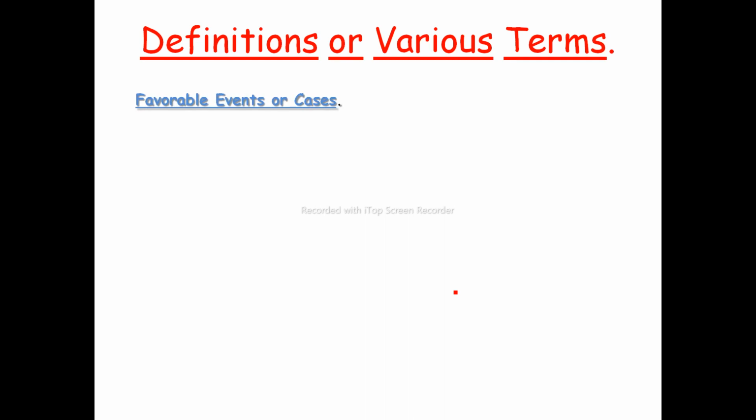Suppose you and any of your siblings are fighting for a single piece of ice cream. So you will toss and you will say, if head comes then I will get the ice cream, but if tail comes my sibling will get the ice cream. So you will be like, yeah, please head should come so that I get the ice cream. So for you the favorable event will be head. If head comes, you will get the ice cream. So something like that. Let us check out what exactly favorable event is.